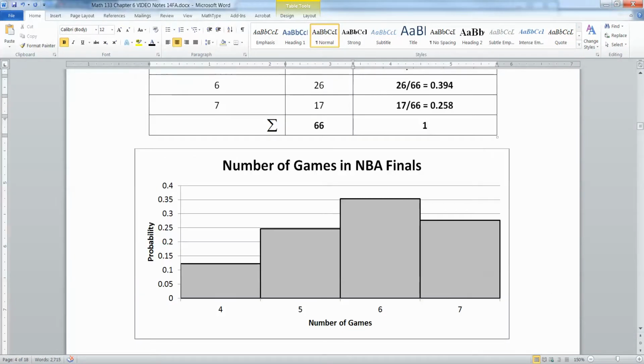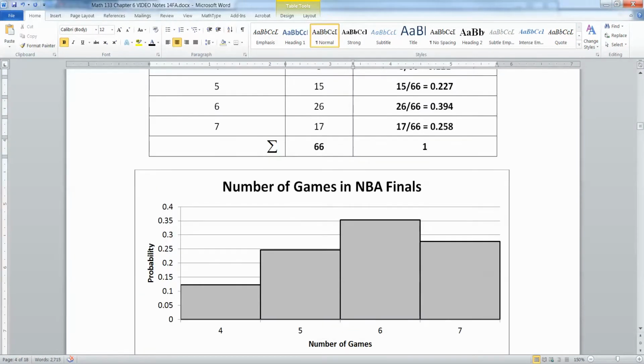And then you can see right here that I have a histogram of that same information. So for example, this first bar is happening at about 0.12